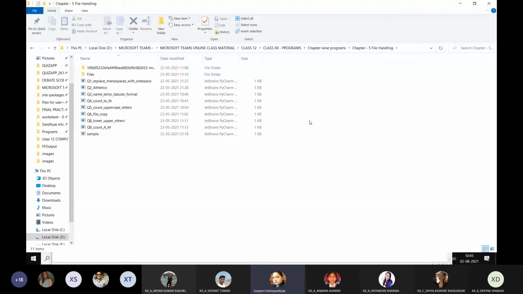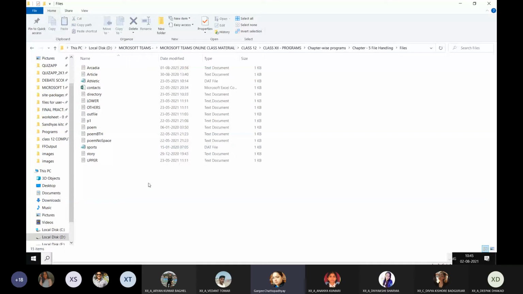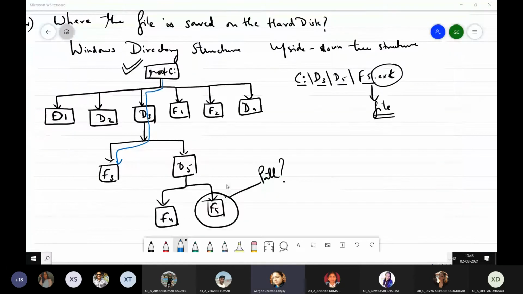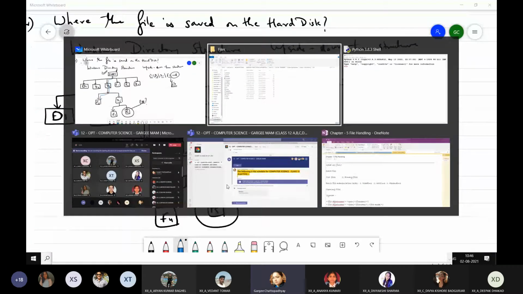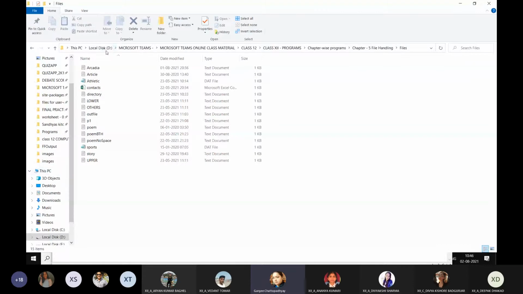The idea is to separate the files from the program. So you can see these are some of the file handling programs, and those file handling programs use files which are stored in this folder named files, and so many different files you can see over here. So we are going to use some of these files for handling our tasks, right? So right now what I'm going to do is I'm just going to create a simple path, not so much into this.